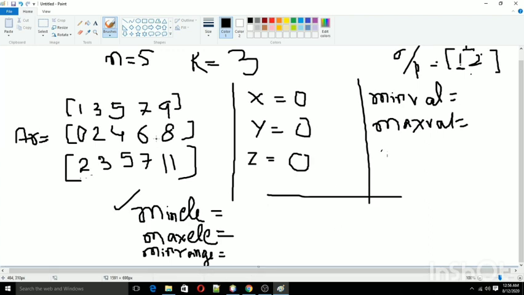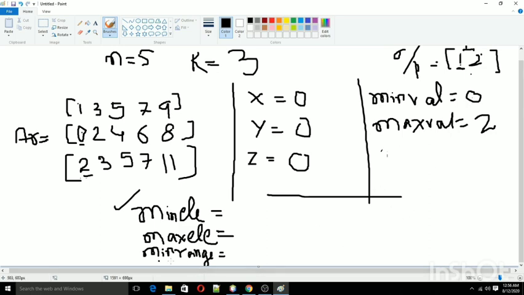So let's move toward the solution. Firstly we have to find out, of the 3, which is the smallest and which is the greatest. So here 0 is the smallest and 2 is the greatest. We can traverse through these and find this. So firstly the minimum value is 0, the maximum value is 2. Now we check.